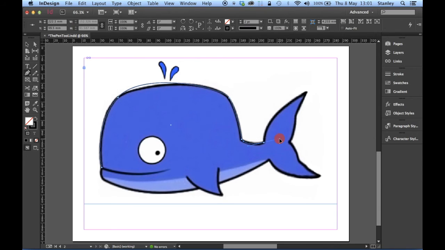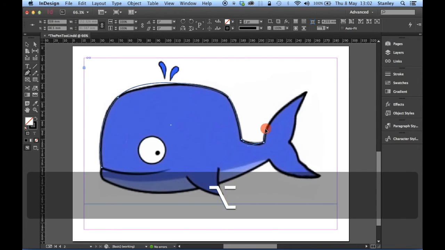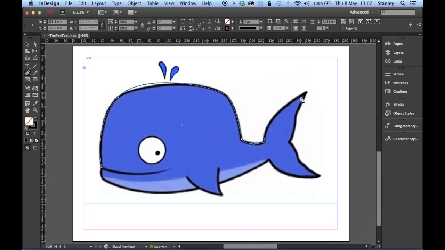Yeah, that's better. That's what I wanted. Okay, and then I need to swing this one around as well because that's quite a tight corner there. It's still curved, but it's quite tight. So Alt, swing that around, shorten it. Okay, so that gives us a good starting point to get around this curve to the top of the tail,